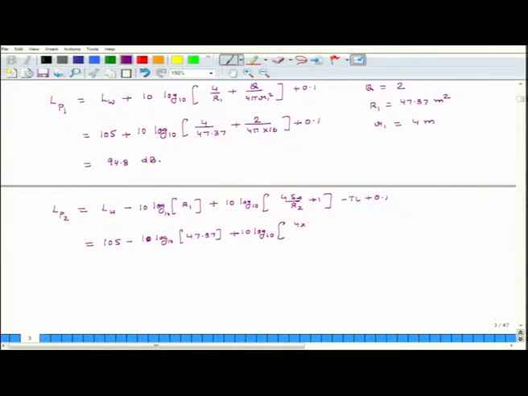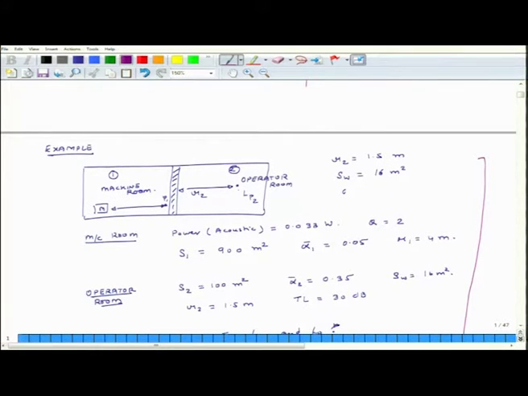So, 4 times SW is how much? 16 square meters divided by the room constant 53.85 plus 1, minus transmission loss 30 plus 0.1, and that works out to be 61.7 decibels. Okay. So, at this point it is 61.7